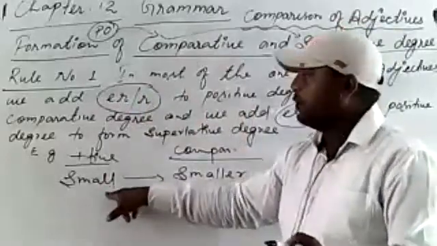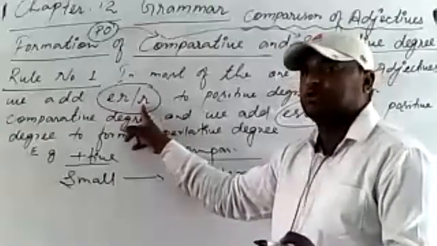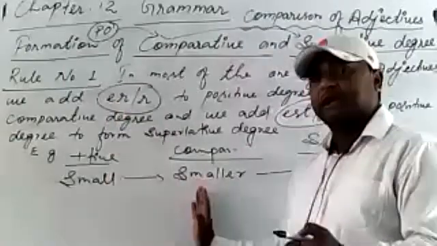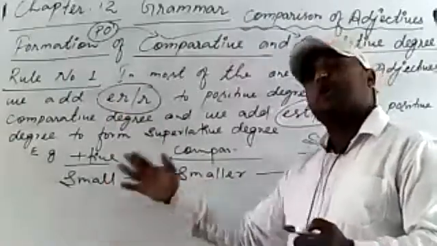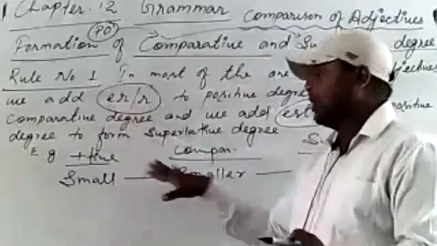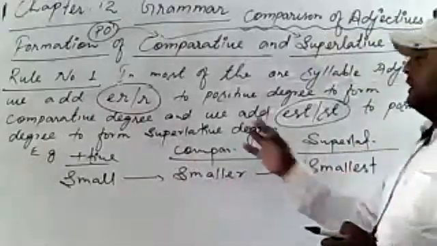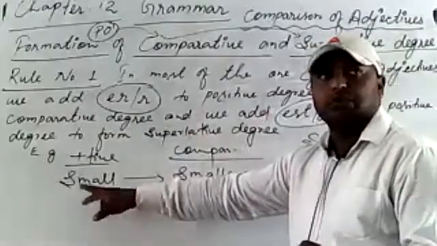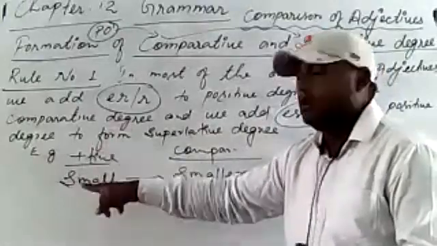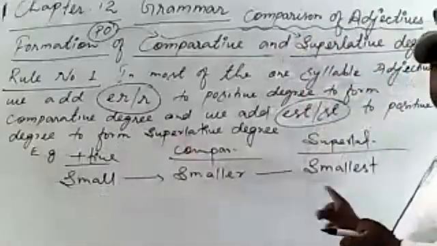In this positive degree, I am going to add er or r. I'll give you the example of r also, but here I am adding er to form it to comparative degree. Now इस positive degree को comparative degree में change करने के लिए मैंने er use किया. Okay, now look here, small, smaller. Now the same thing, what happened in superlative degree? Now what is this? Small, I am going to use est. It's a rule that you are going to use est in positive degree to form it to superlative degree.